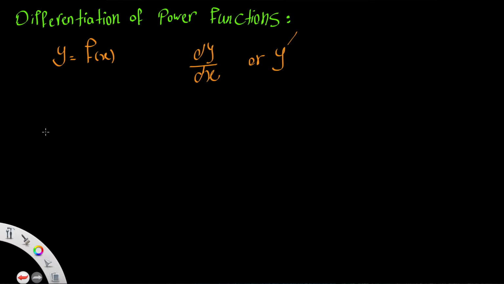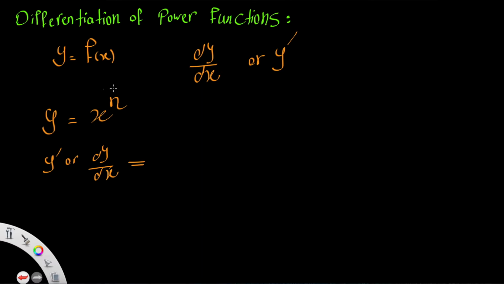Now, after using the definition of differentiation, which is actually the result of a limit, we obtain this formula for power functions. Given that y is equal to x to the power of n, then y prime or dy/dx, you may use one of these two notations, will be equal to